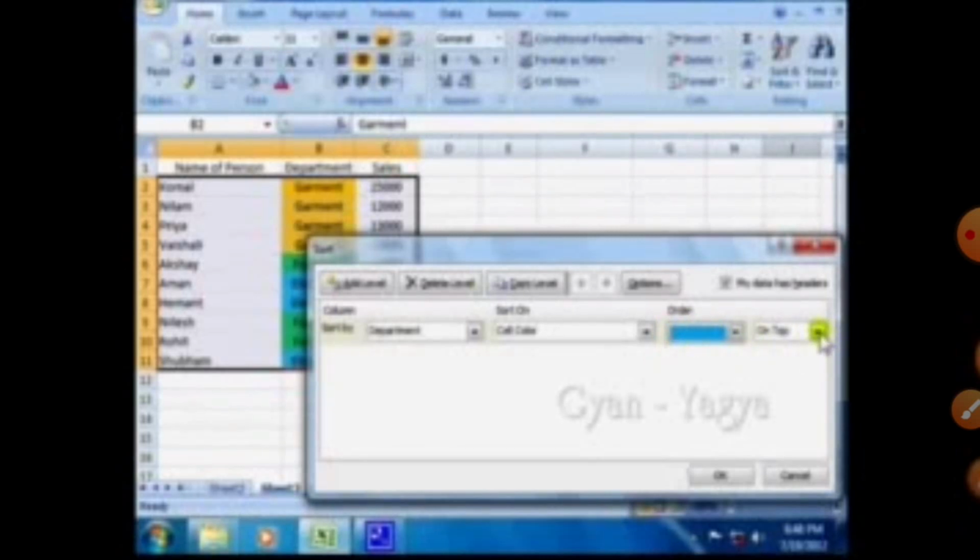So here electronics is blue, and it would be on the bottom because orange is on top, and blue would be on the bottom, because here we get two colors for coloring our department. Select it and click on the OK button.